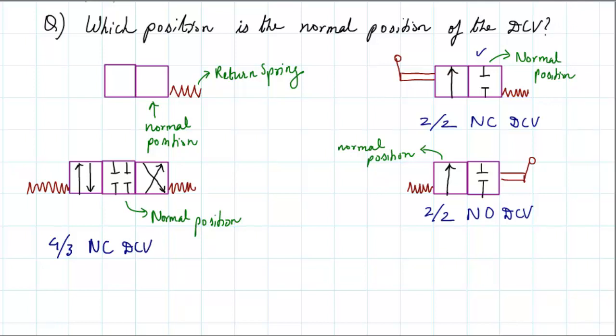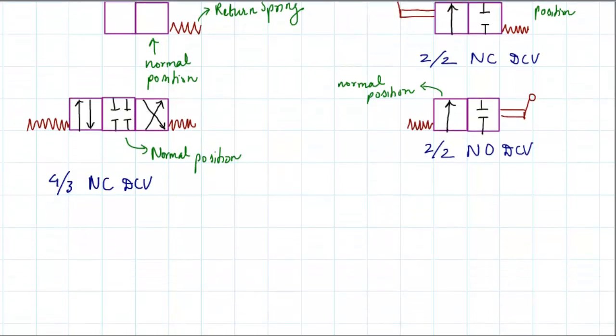Okay, so when you look at these schematic diagrams, you should be able to understand what they mean. Now let me draw another one wherein we have a solenoid. So let me draw that. Here I will draw again a 4-way 2 position, and suppose I draw the spring here. Since I am drawing only one spring, this is going to be the normal position.